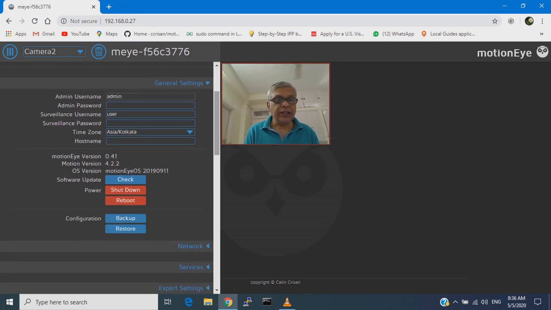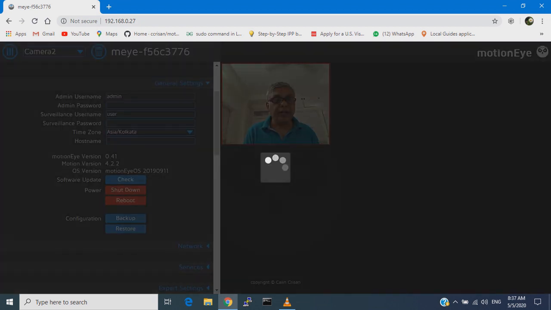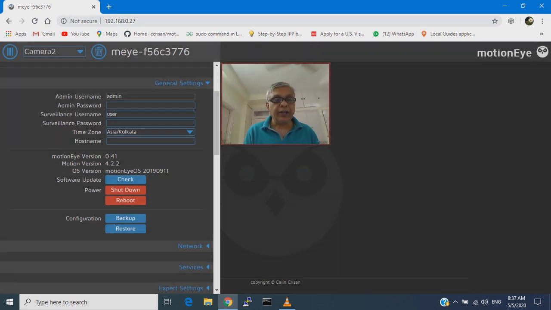Then you can put a password here for logging in as admin for general settings. I will check for updates, if there are any. It says Motion I is up to date, so well and good.